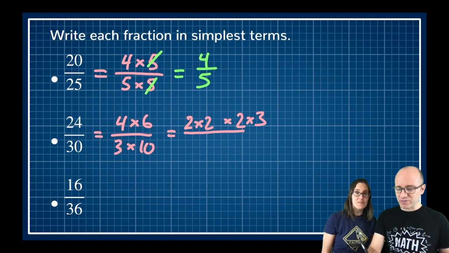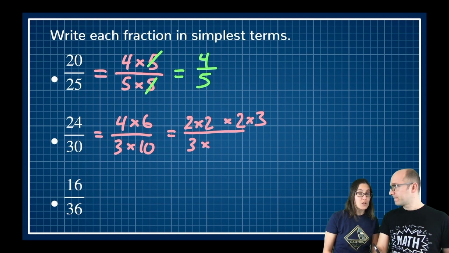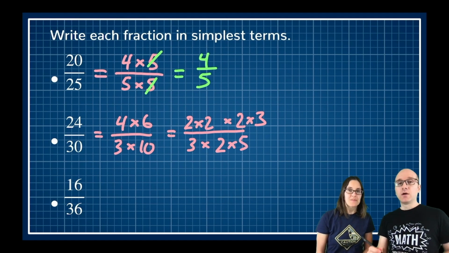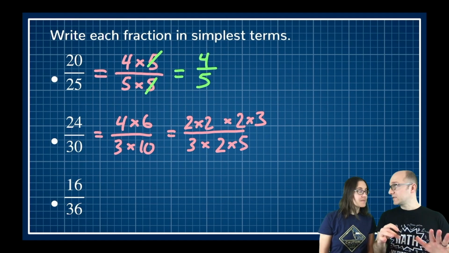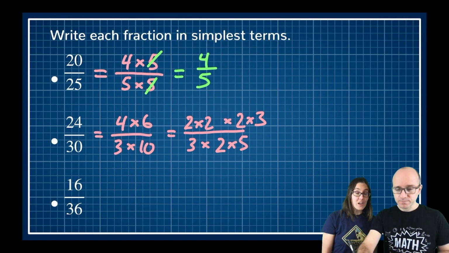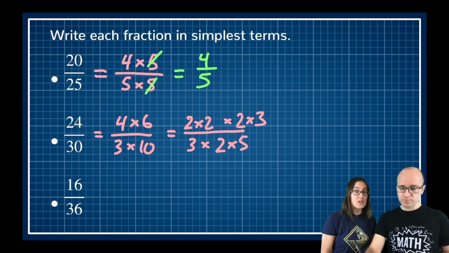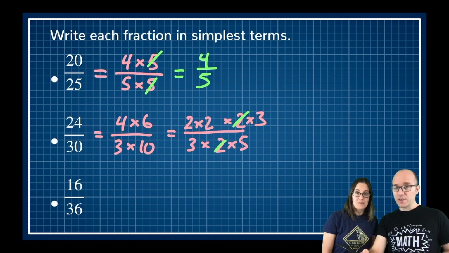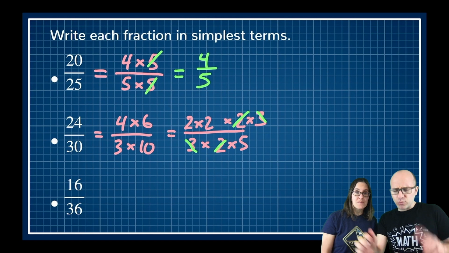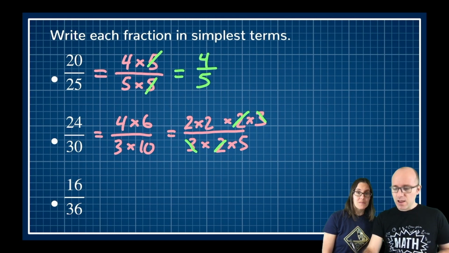And on bottom, well, the 3 can't be broken up, but what about 10? 2 times 5 equals 10. 2 times 5. All right, so we can check our work and see that we've only replaced numbers with something exactly equal to them. And at this stage, are there some things that can cancel? There definitely are. I see a 2 and I see a 3. Okay, so the 2 will cancel, and you said the 3 will cancel, and it really didn't matter which 2 I canceled there.